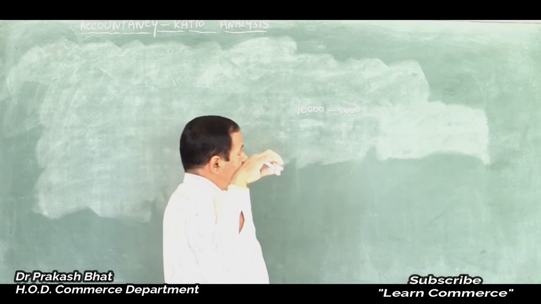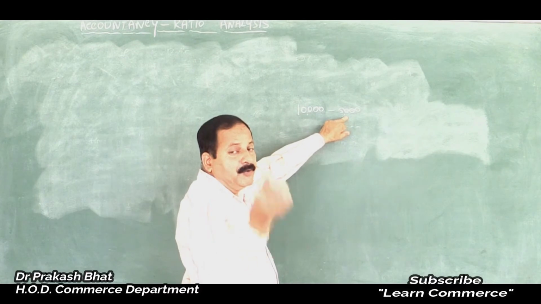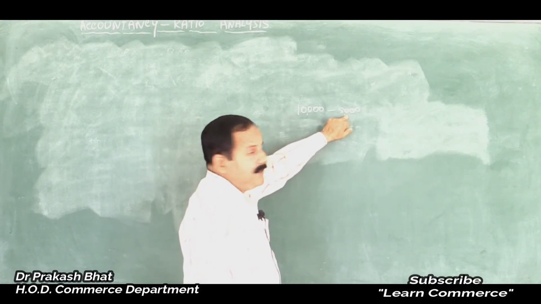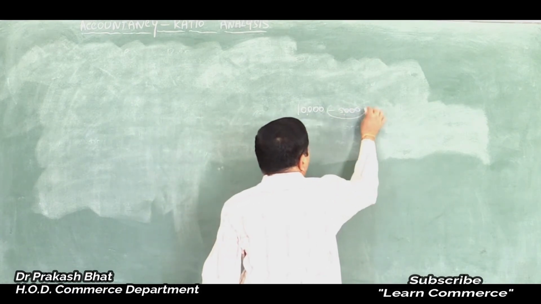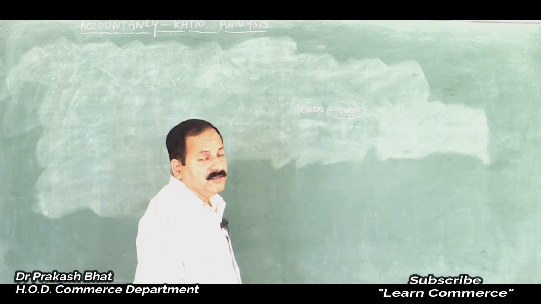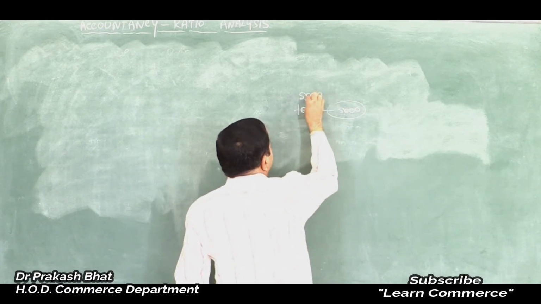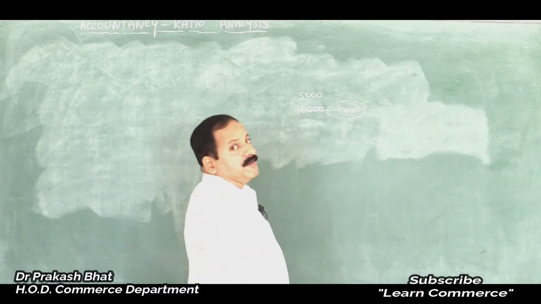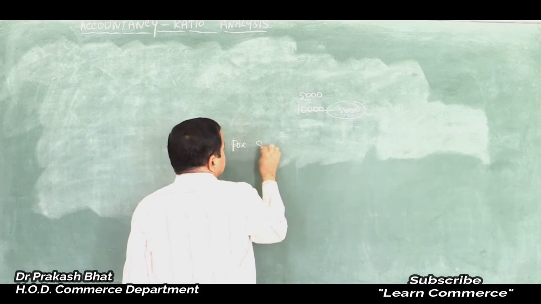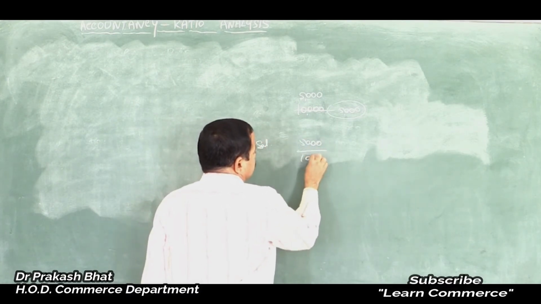So April to March concept: during March you have paid the salary of April to a worker, which is nothing but prepaid salary. If this is not paid, what happens? Then cash balance would have been 10,000. As it is paid, your cash balance gets reduced to 5,000 and one more asset gets created, that is prepaid salaries. Am I correct? So 5,000 will come here. Ultimately it will be 10,000 only, friends.